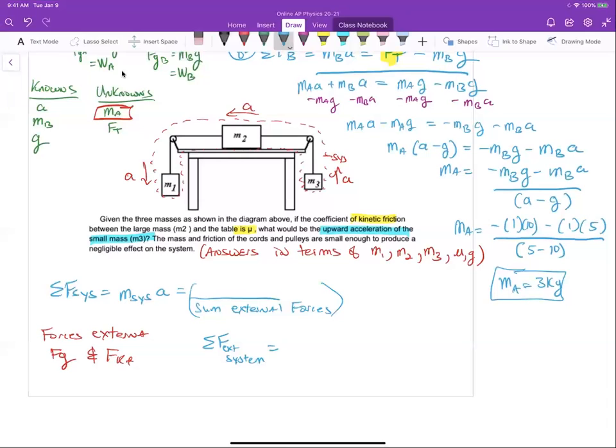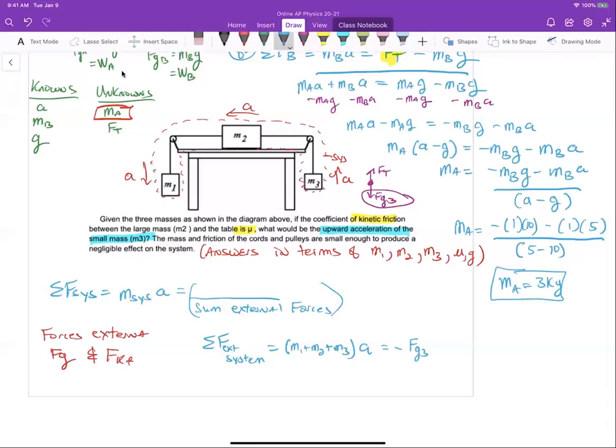External is the mass of the system. Well, what's the mass of the system? M1 plus M2 plus M3 times A is equal to, I've got to sum up all the forces in the direction of the acceleration that are external. If I drew a free body diagram on mass 3, the one that's external is FG3. The internal one is that tension force. Is force of gravity on mass 3 in the direction of acceleration or against it? It is against it, so it's a negative. So minus